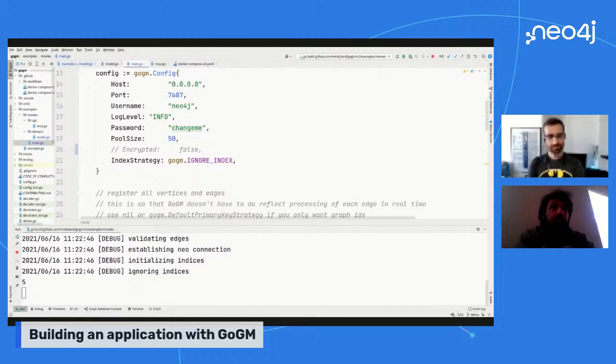This will probably be in the main branch in Gogem 2.1, which should be coming out pretty soon. Actually, it'll be in the main branch with Gogem 2.03, which will come out probably today. So look out for that. There'll be more documentation to explain what's actually going on. But yeah, so that's the Neo4j movies example using Gogem.